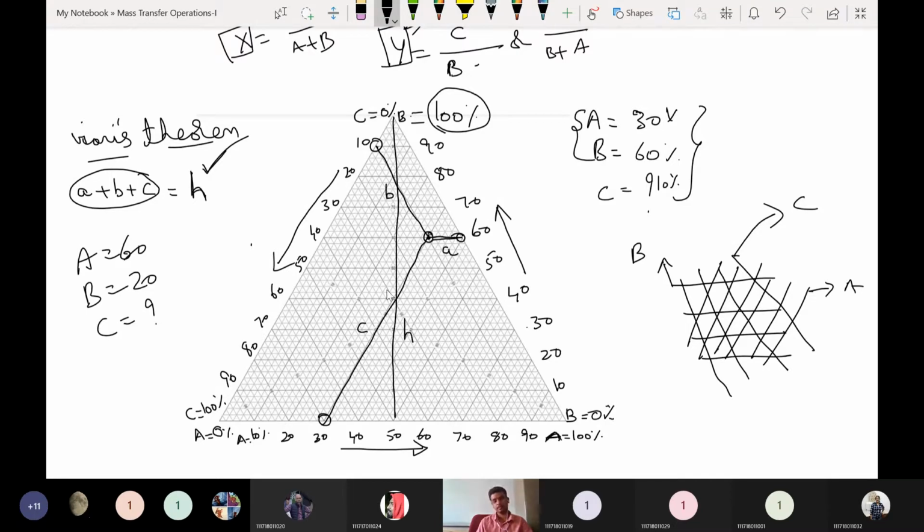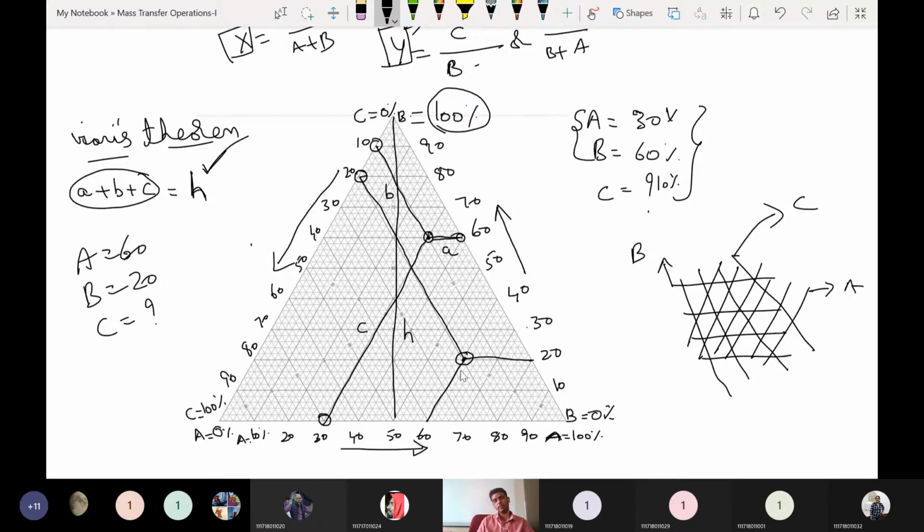Can somebody say where the point will come? Right side, sir. Okay, A is equal to 60, and 2 points above, B is equal to 20. Then what about C? Straight line 20 from there, diagonally. So on the left side, this diagonal is this one. This is C. So once again, this is 100%. Like this, you have to locate.